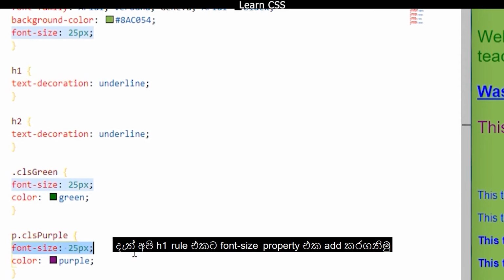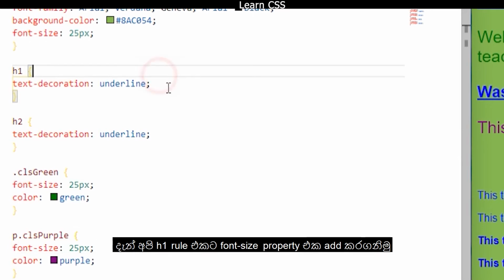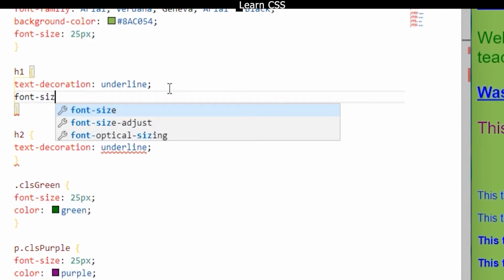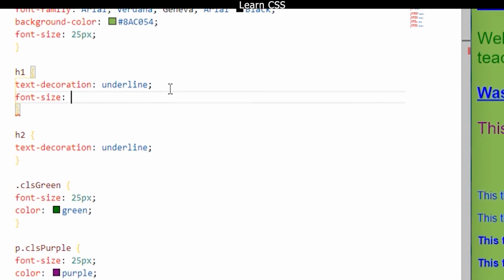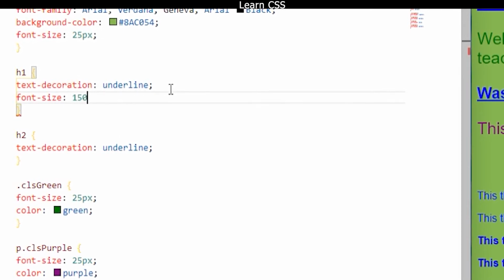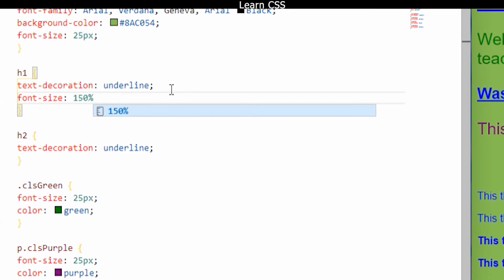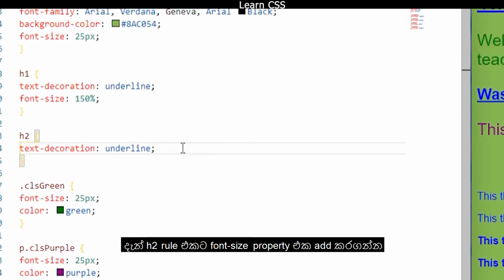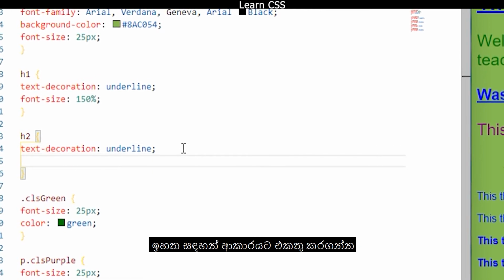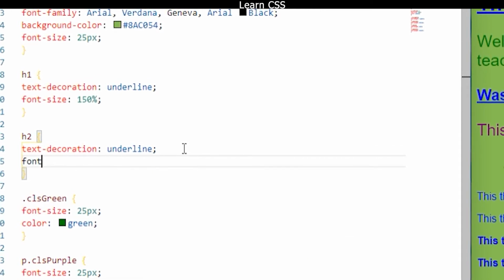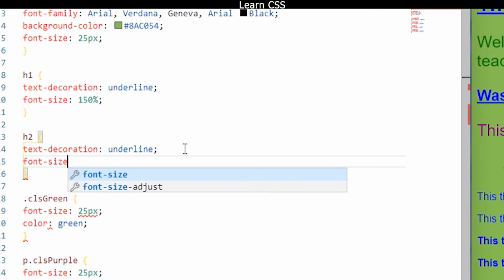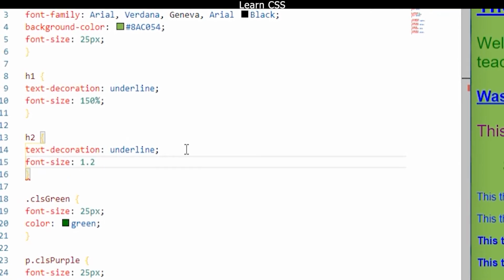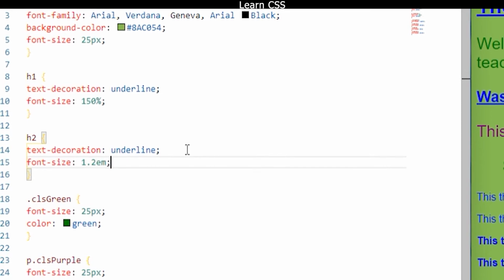Let's go and add font size to the h1 rule. font-size: 150%; And let's go to the h2 rule over here and add font-size: 1.2em;